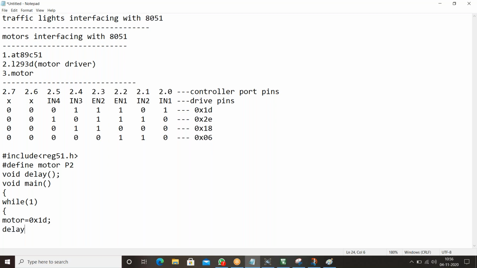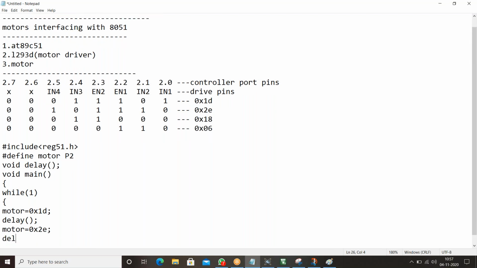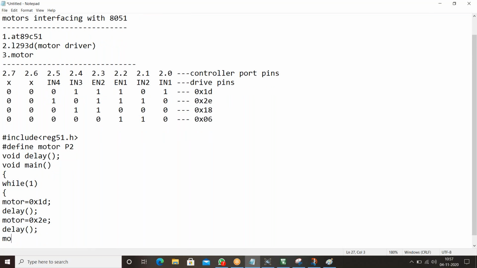For this we have to give some delay. Remaining is also like that. Okay, motor is equal to, I'm taking the second case, 0x2e. For this I want to give some delay. For the third case motor should be 0x18.